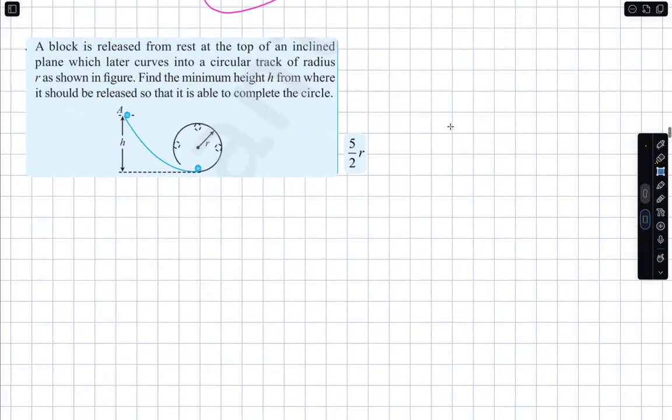Next. A block is released from rest at the top of an inclined plane, which later curves into a circular track of radius r as shown in the figure. Find the minimum height h from where it should be released so that it is able to complete the circle. The easy question. What is it that they mean? Whatever the height you release it from, what velocity should it have here? Root